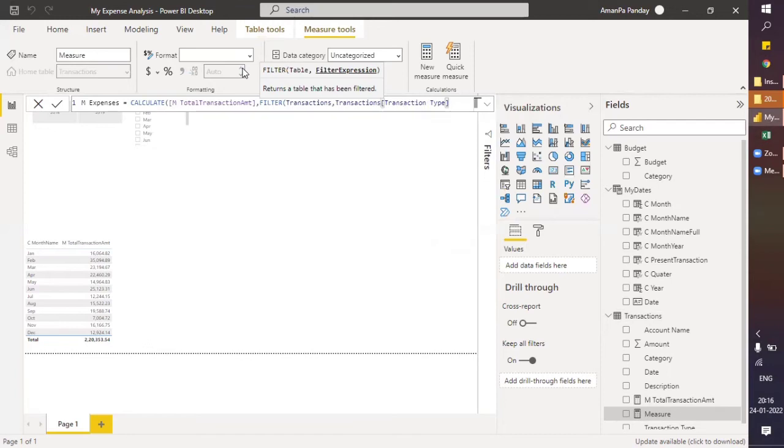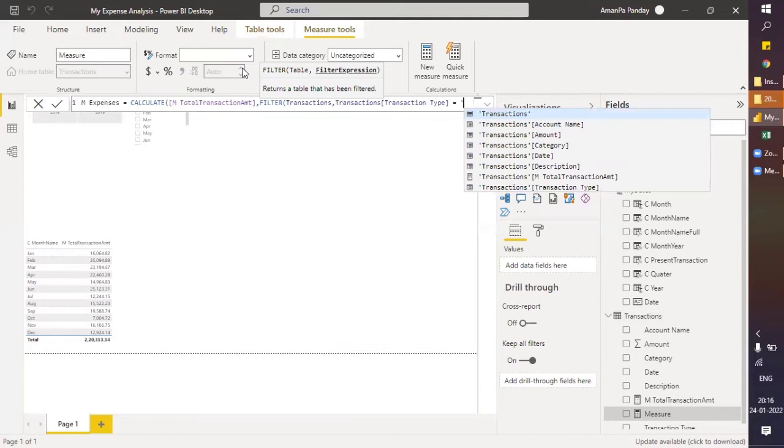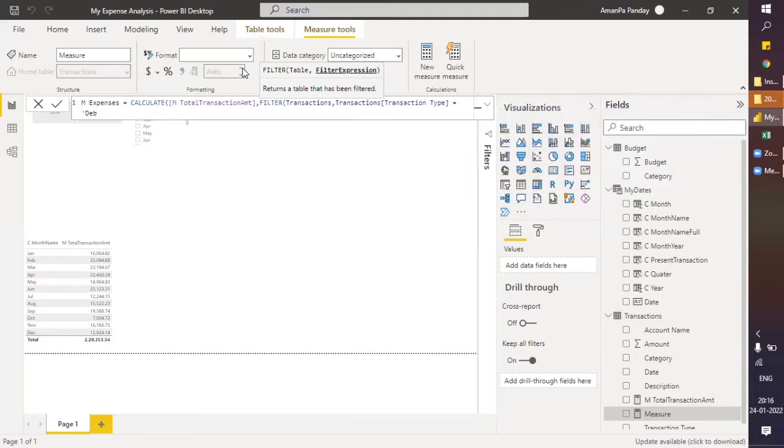Yes, transaction type is equal to debit, in quotation marks. Then just close the parenthesis. If you want to apply more filters, then similarly you can put a comma and apply the other conditions. Now let's hit enter.